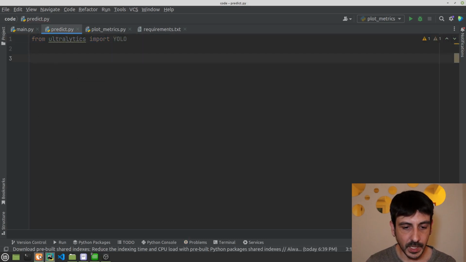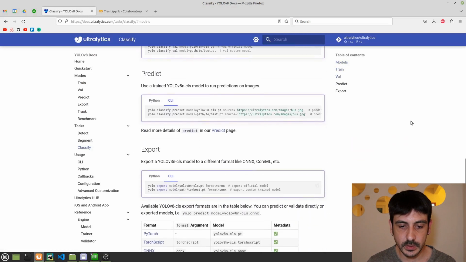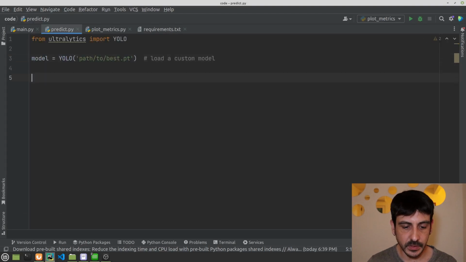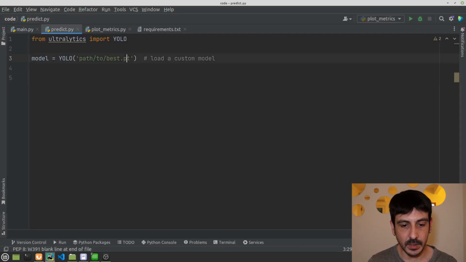And then let's go back to this page, because now we are going to move to the predict section. The only thing I'm going to do is copy this sentence, paste it here, and then specify the path to the model which we have trained, right? We don't really need to make it the absolute path.